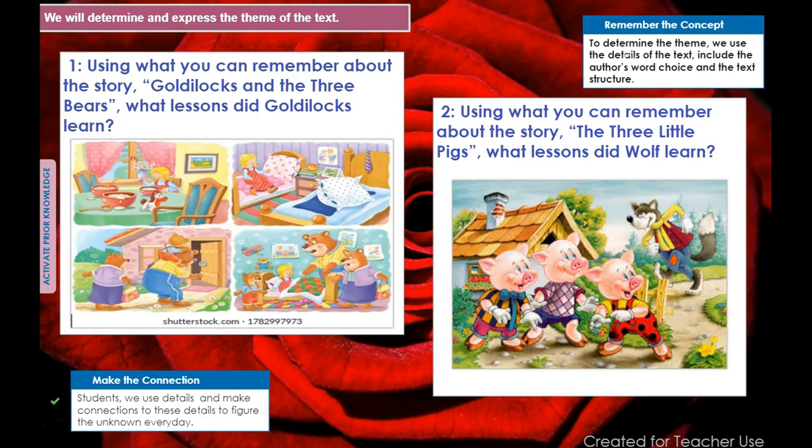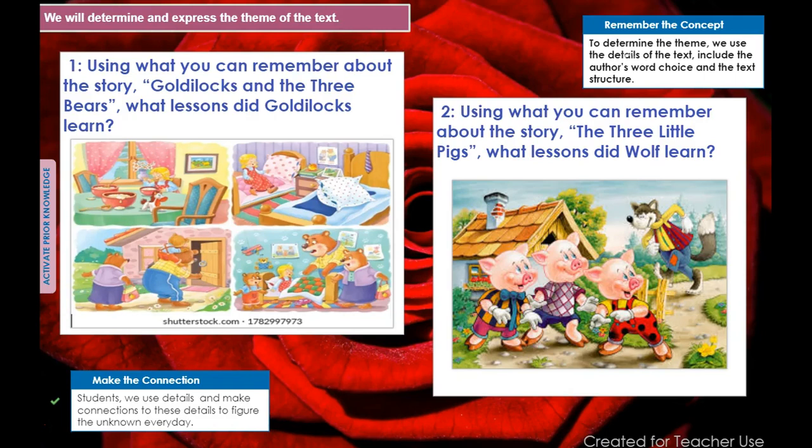I've heard some people in class say that she learned that she had to find things that were a good fit for her. Okay, that is a universal truth. Do you have evidence there to support that? Yes, you do. She kept trying things until she found out what works best for her.